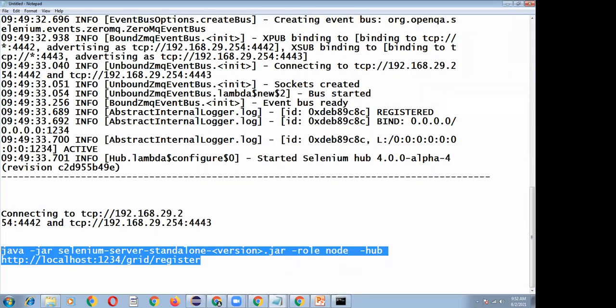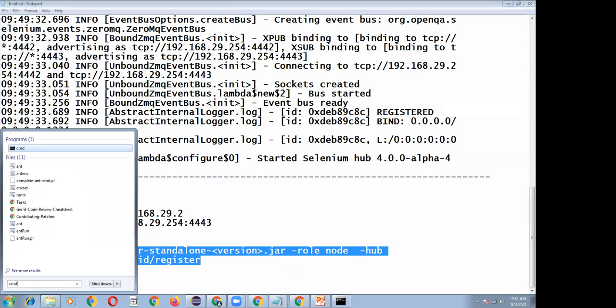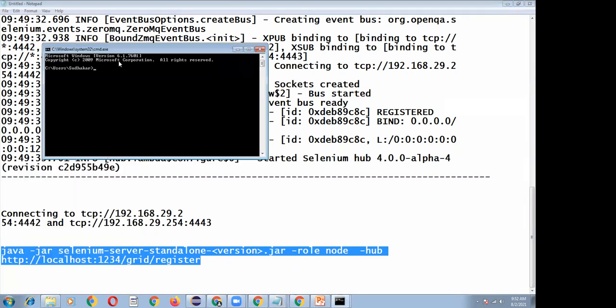You have to open the command prompt and navigate to wherever the selenium server jar file is, and after that execute this command.